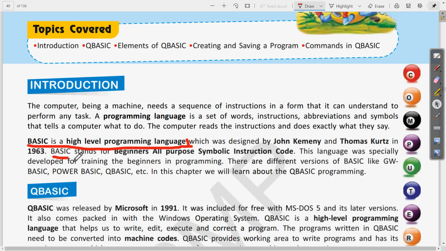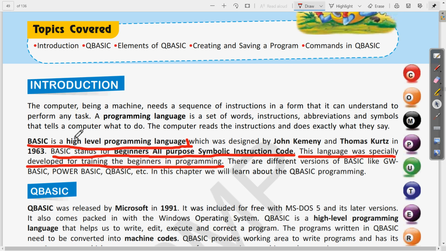Then BASIC stands for Beginners All Purpose Symbolic Instruction Code. We can write the full form also in this answer. Then this language was especially developed for training the beginners in programming. Clear? So this is our full answer.